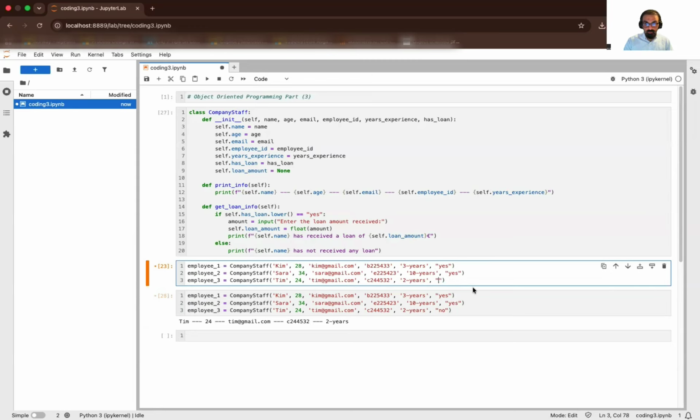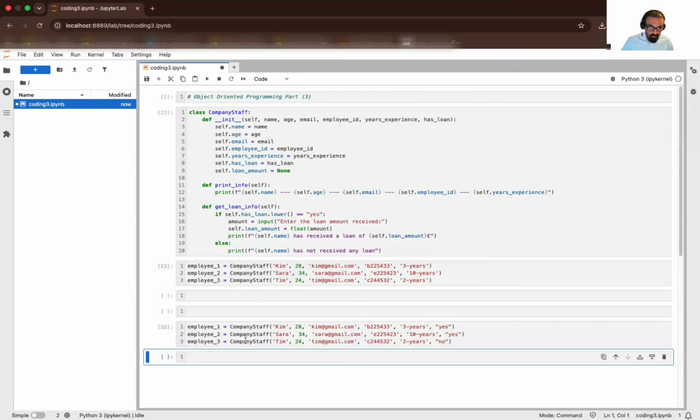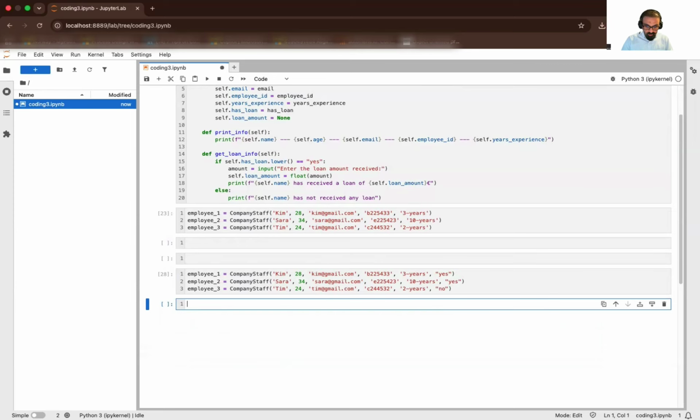Here we just keep the previous definition. Employee number 1, employee number 2, employee number 3. This information is added to the database. I just ran this cell. Now I want to check employee 1 dot get loan info. I want to check the loan information of employee number 1,